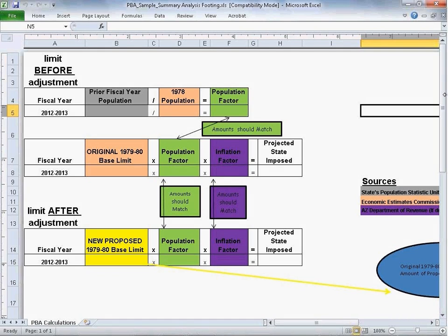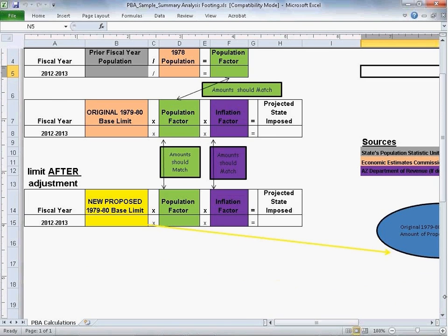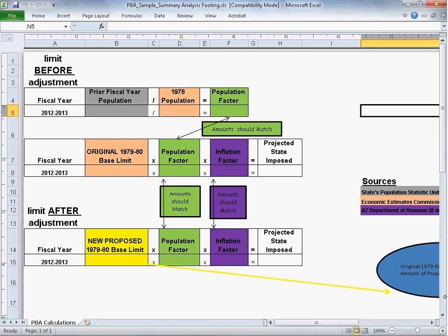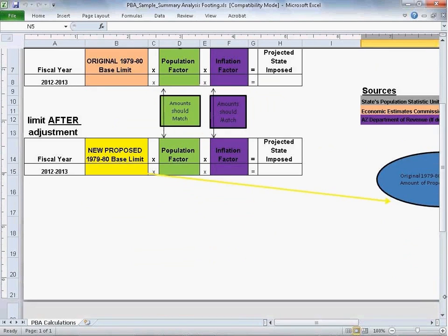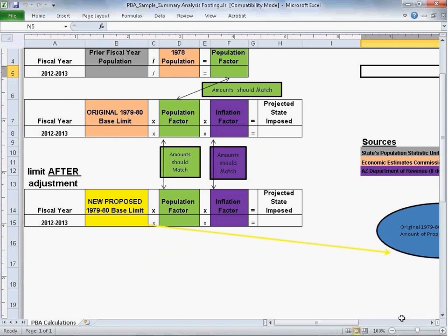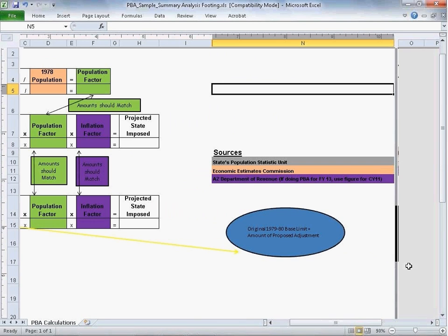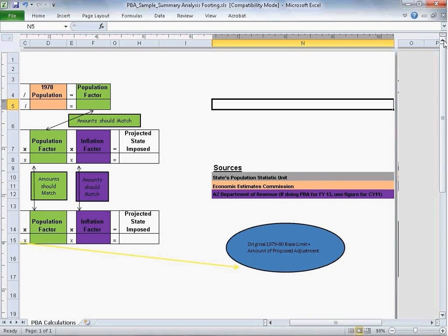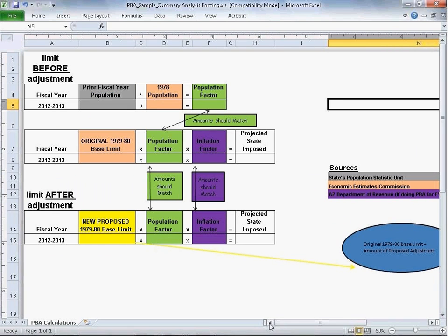We begin with the population factor computation, which is demonstrated in the first table on this sample worksheet. Within the table, we start with the prior fiscal year population numbers. These numbers must be from an independent source, not the city or town's own estimates. The estimates can be obtained from the state's Population Statistics Unit, whose contact information is on our website in the Frequently Asked Questions area that we will discuss a little later. The Maricopa Association of Governments or other independent estimates may also be used if they are available.